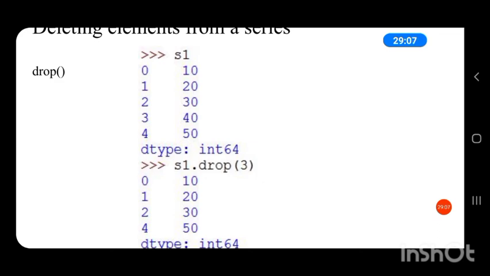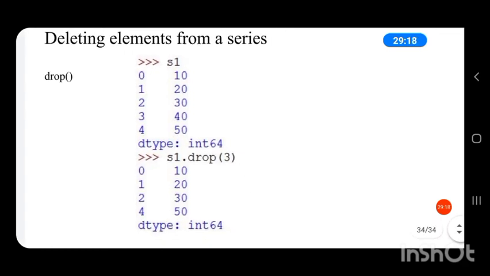So we have a function called drop to delete the data in a series. S1 drop, in brackets the index position. So if we want to delete the value at index 3, then we have to write